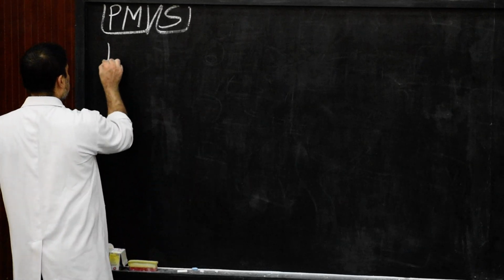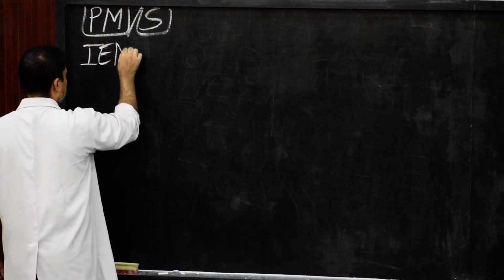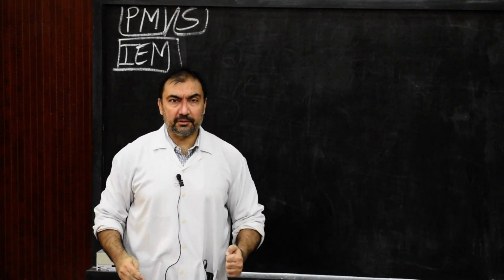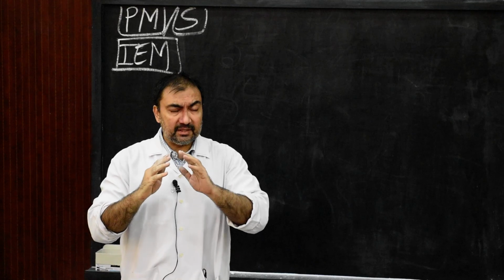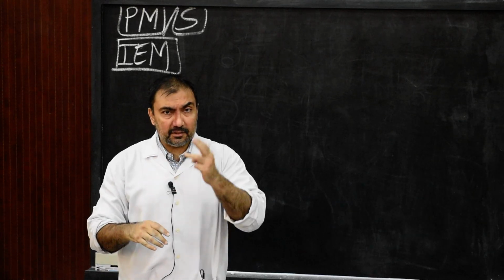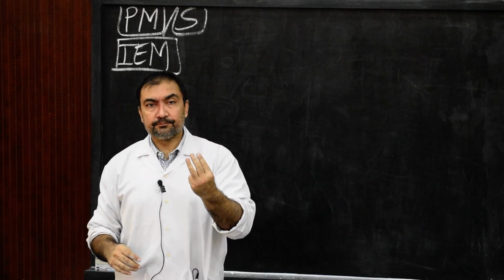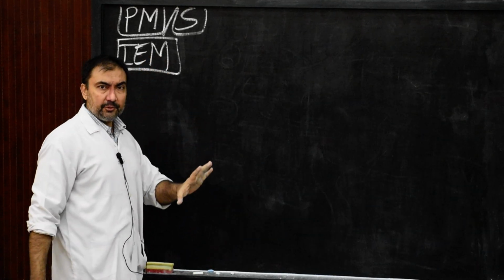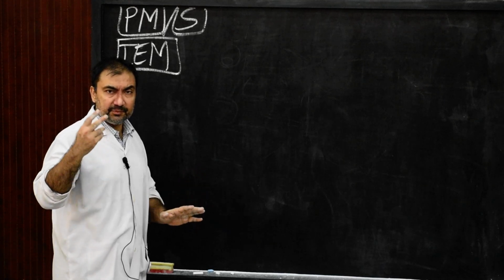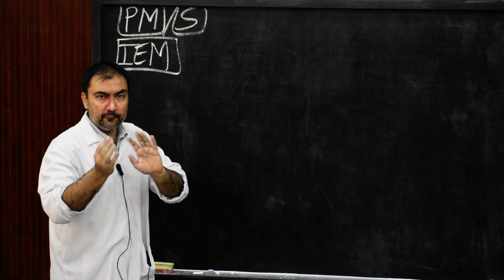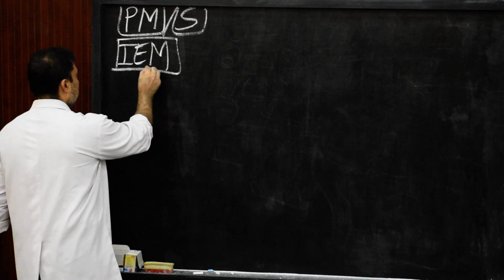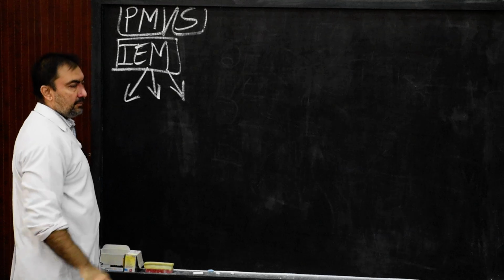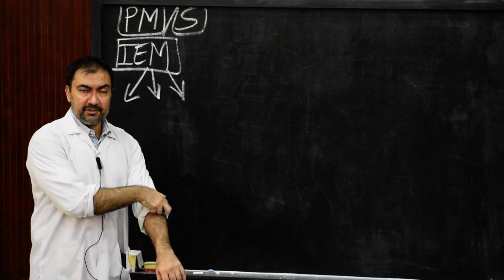The intraembryonic mesoderm, which was developed during gastrulation. This intraembryonic mesoderm, which was developed during gastrulation, will now differentiate into three different structures. And therefore, in order to understand how this intraembryonic mesoderm develops into three different structures, we'll draw two diagrams in different views. Before that, please mention here the three different parts of intraembryonic mesoderm, which will further differentiate.